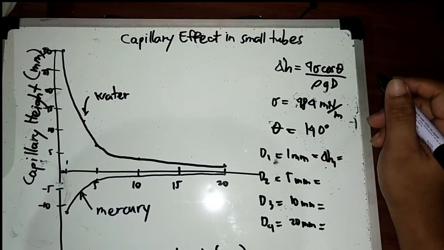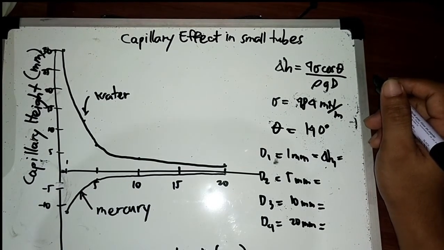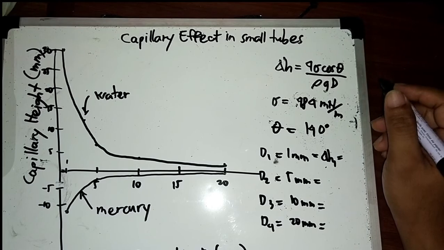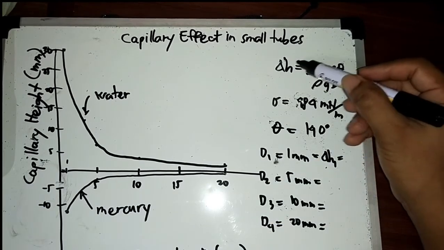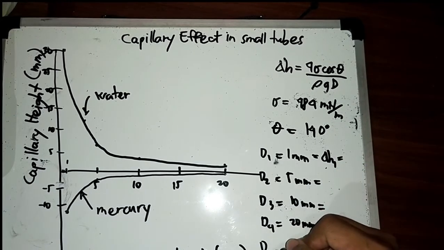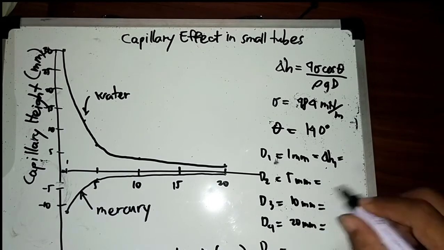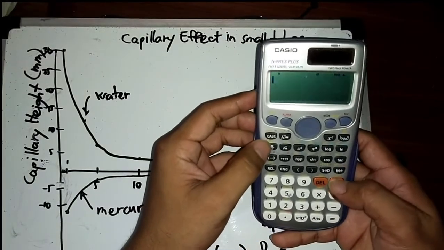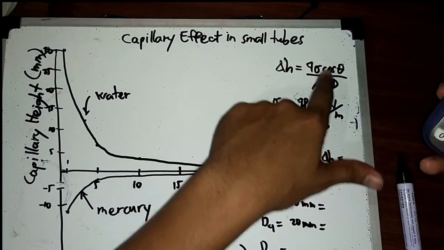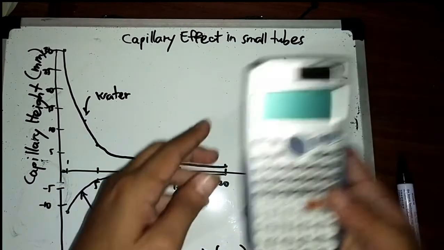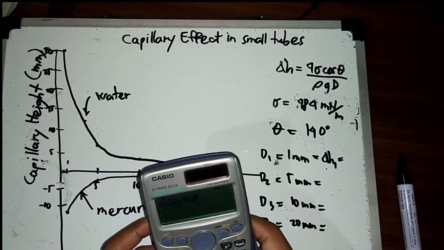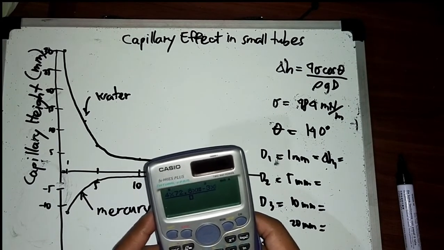Okay, so for the second problem, find the minimum diameter of each column required so that the height magnitude will be less than 1 mm. So we will substitute the height of 1 mm and find the value of the diameter. This is for water. D is equal to 4 sigma cosine theta divided by rho g delta H. So 4 times 72.8 times 10 to the negative 3 times cosine theta